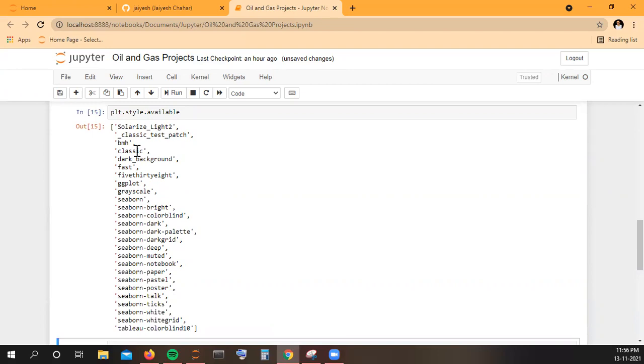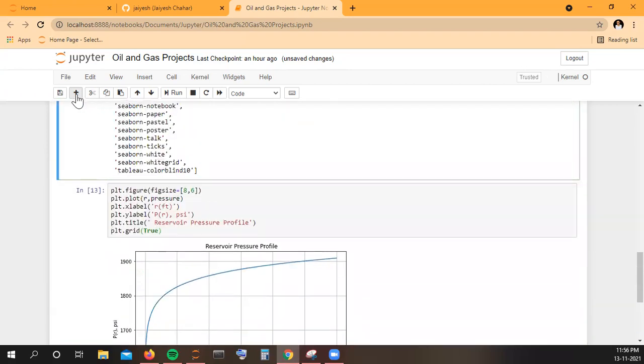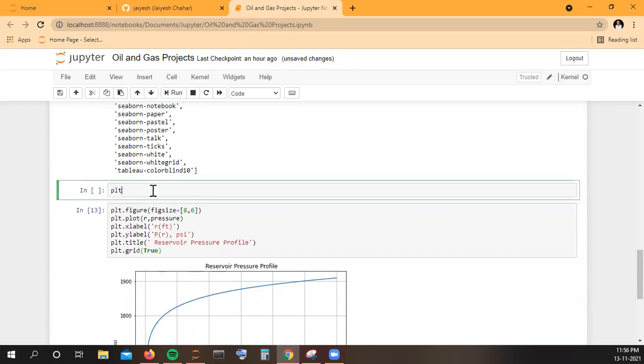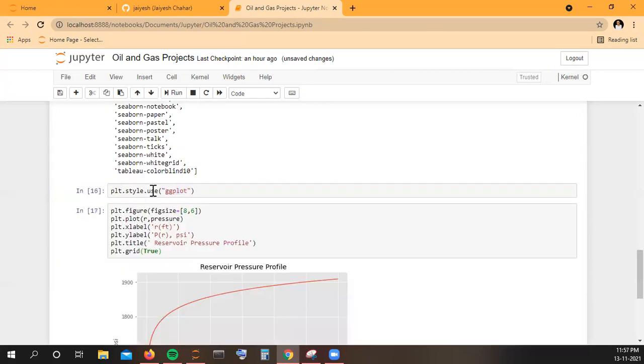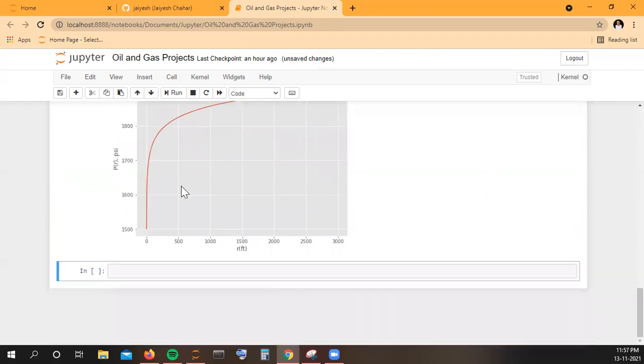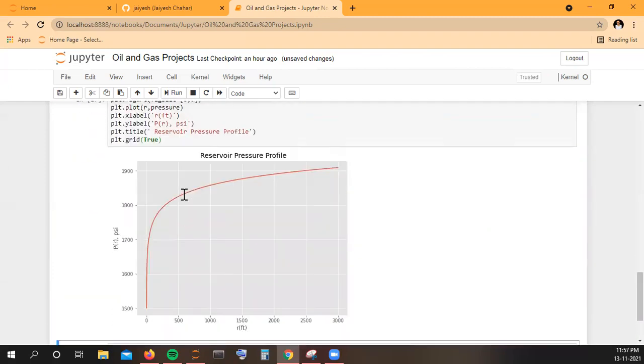Let's use ggplot. I've never seen that one. I think this is an R kind of plotting, right? Yeah, ggplot is in R. So here it is. Nice.